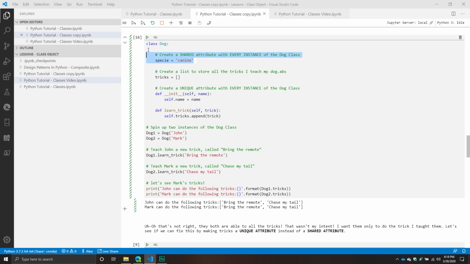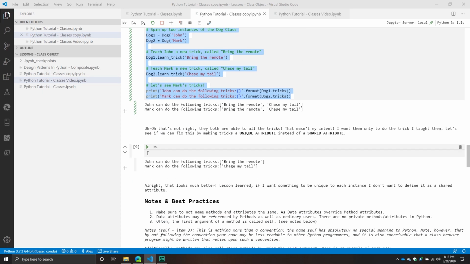No, I mean, that doesn't make sense. If that was the case, it would be awesome, but we just don't see that. So here, tricks doesn't really make sense because it shouldn't be shared. It really should be unique to any instance of that class. And so what we can do to basically fix our little situation here is we will basically copy our little